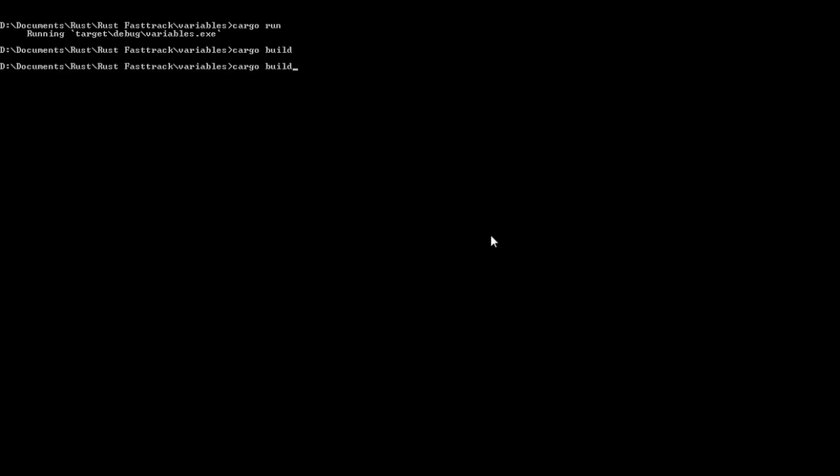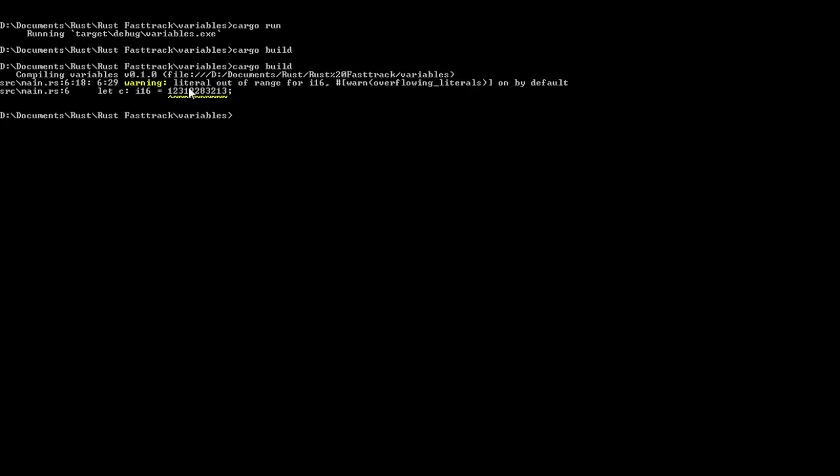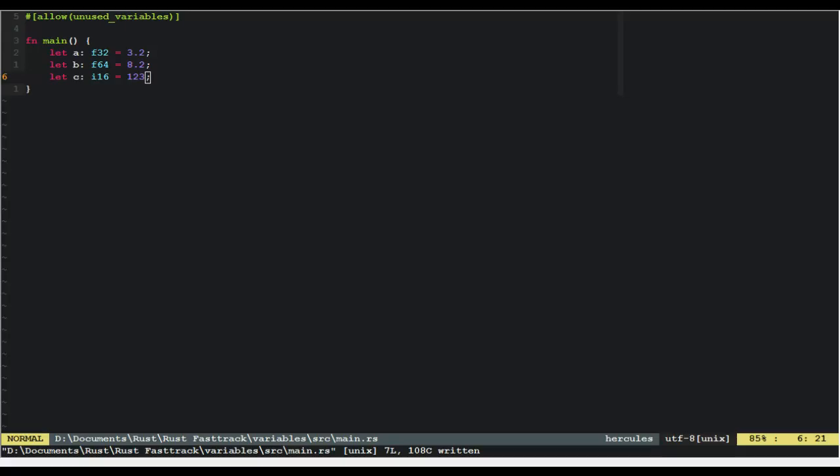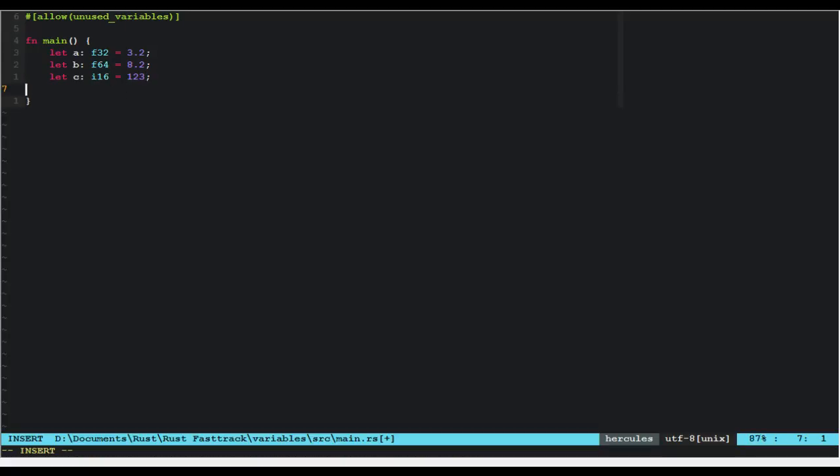Why do we no longer get a warning? We were getting a warning a second ago. There we go. So we say literal out of range for I16. So it's trying to set, because this line of code, there's a risk of overflow there. So as you can see, it's got to be a lot smaller. So I'm going to make it a lot smaller. I'm going to make it comfortably within the range of an I16. And then there is